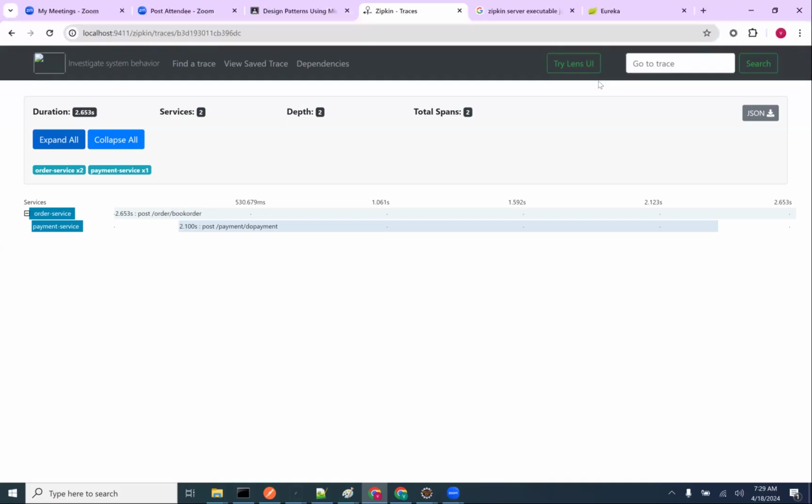I gave that control to Logstash. My Spring Boot is nowhere related to ELK. No dependency, nothing. I just mentioned the URL here and the log file path there. My microservice is giving a log file to this particular path. From there, you can